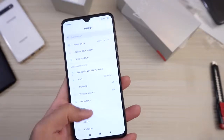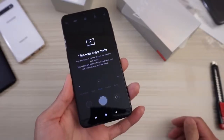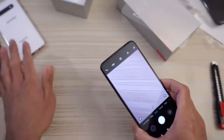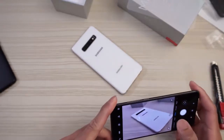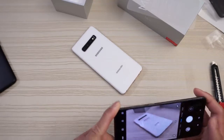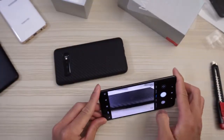So this thing has a 48 megapixel camera. Let's have a quick look. Ultra wide angle mode, so you can see. Cross that out. So we'll go ahead and take a picture of something right now. This is my S10. So we'll take a quick shot, focus, and then take the shot. Let's see, what else can I take a picture of? This is my other S10. I'm gonna try to get in here and